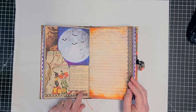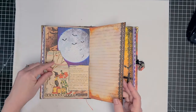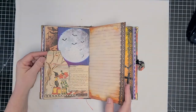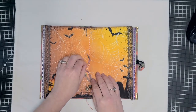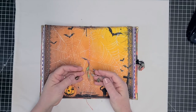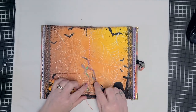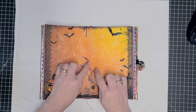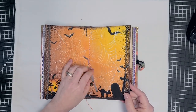I've left the person's name and age at the time and where they were from. So it's kind of a throwback. Here in the center of the signature, I've left my baker's twine strings. I had a couple of spider web charms that I tied on the end and used just a little bit of the leftover fabric just to make some little